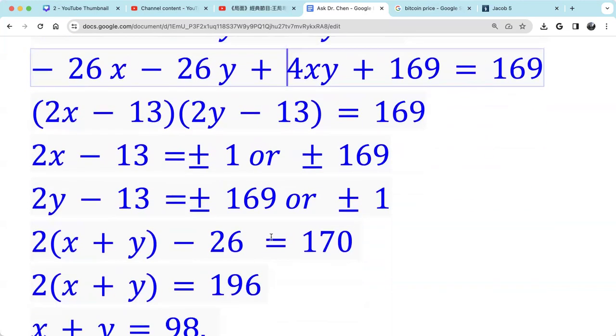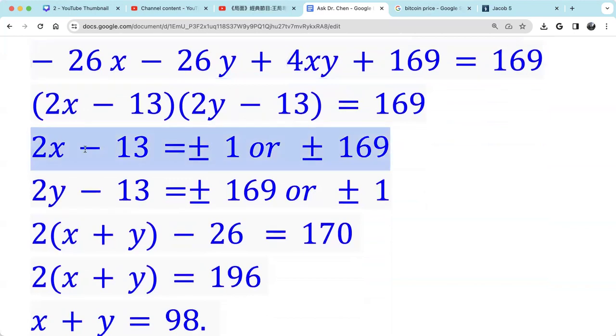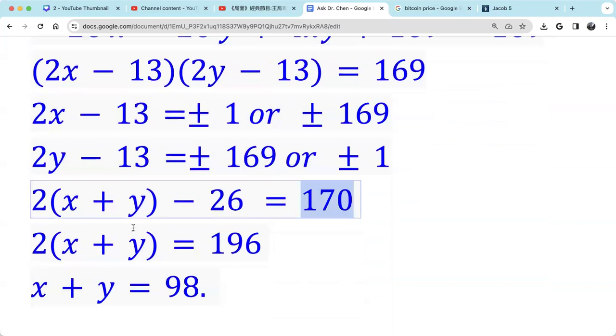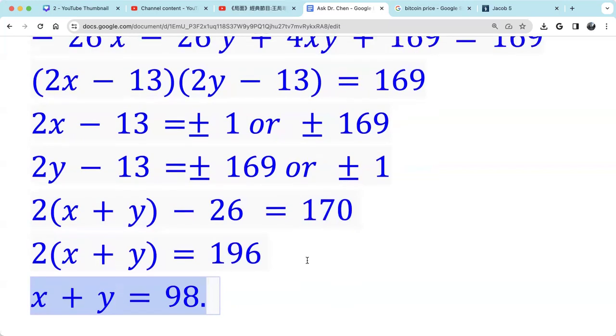So now I add those two equations. So I get 170 because x and y are positive integers, so I don't need to consider the negatives. Now I move negative 26 to the right-hand side, 170 plus 26, I get 196. Divided by 2 on both sides, so x plus y equals 98. Right,